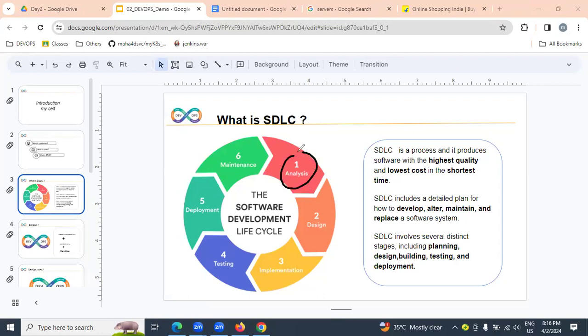Based on the gathered information, it will be analyzed. Once it is analyzed, our architects will design.